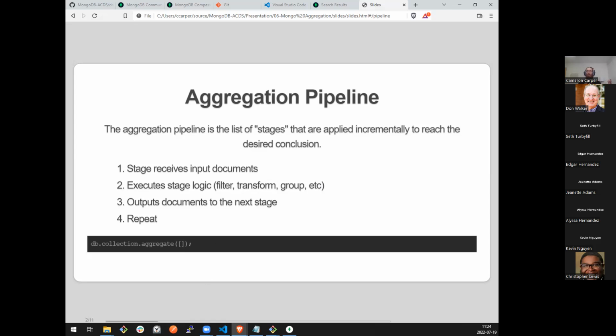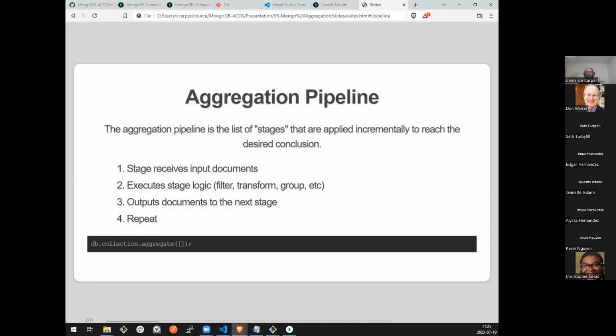Say, give me all people that are greater than the age 30. And then after it applies its logic, it will output whatever those resultant documents are to the next stage. Then we just loop. The next stage receives those documents. Say stage 2 receives documents that were output from stage 1. It applies its logic and then outputs the remaining documents to stage 3.